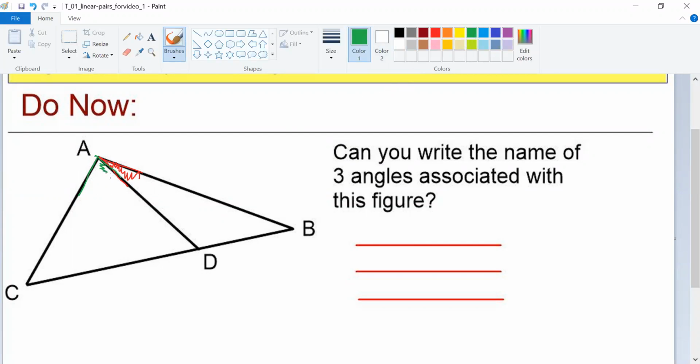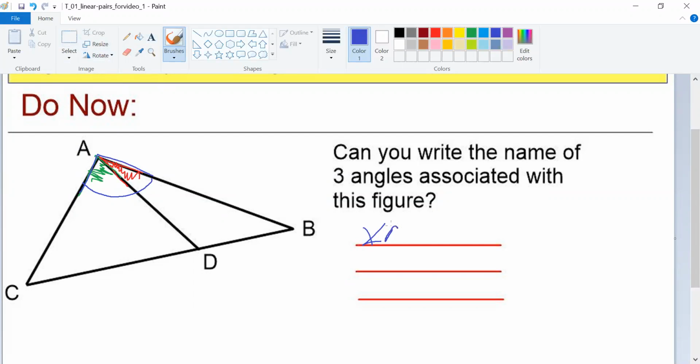So this angle that's right in here, that's green. But there's also one other angle up here, and that's from this angle, this blue one. So the blue one would cover all of that. So we can name all 3 of those. Let's start with the blue one. The blue one would be called angle